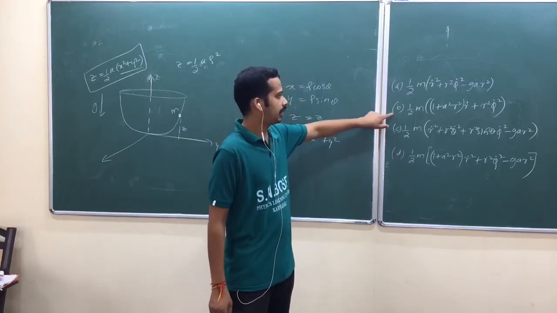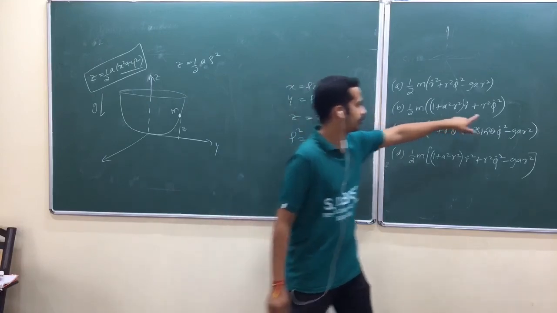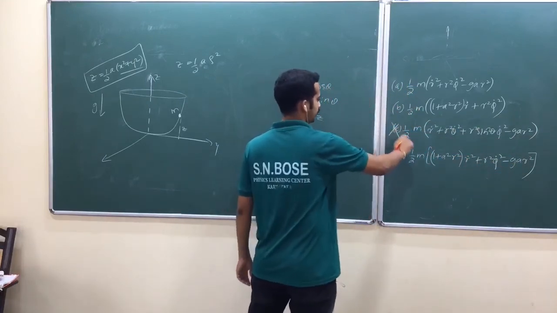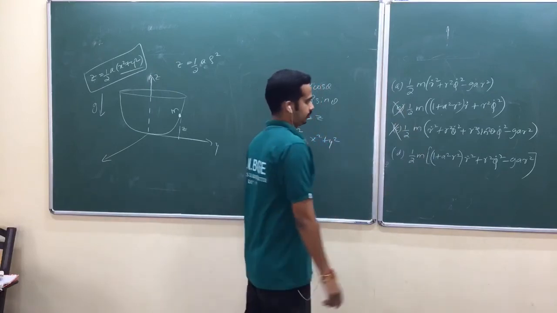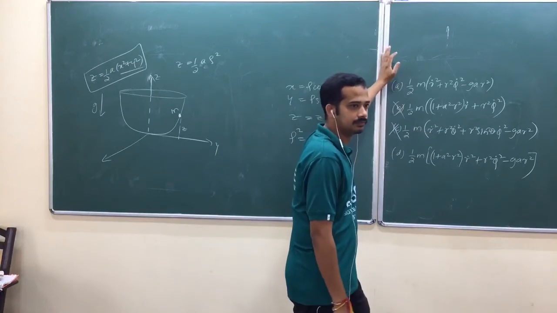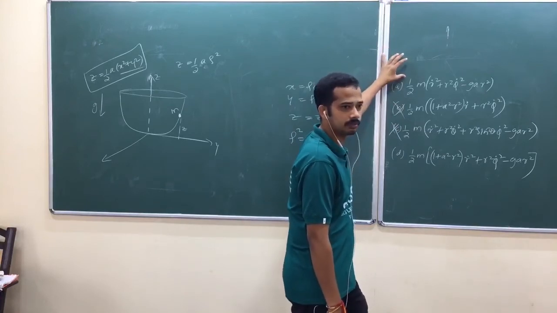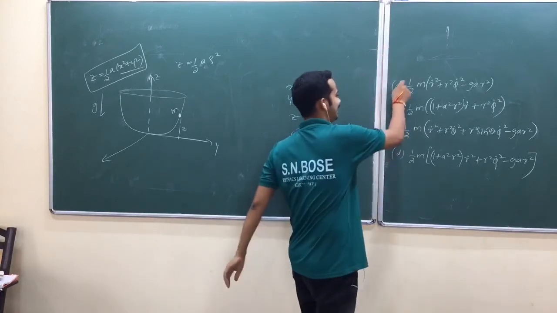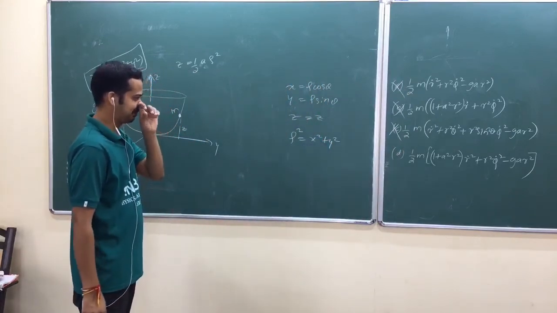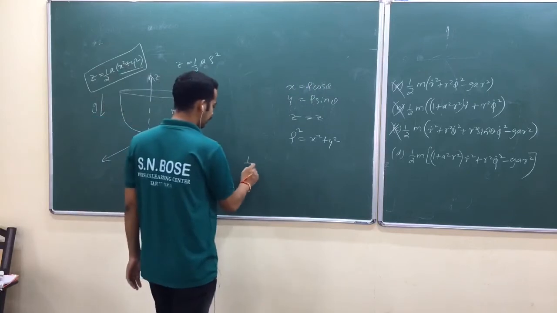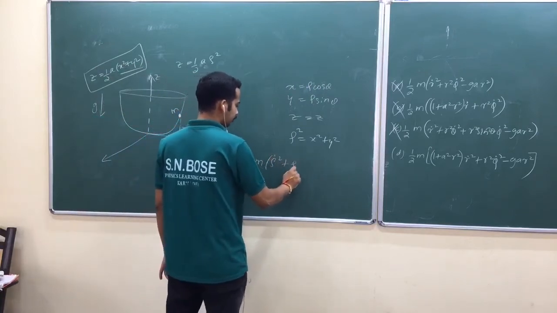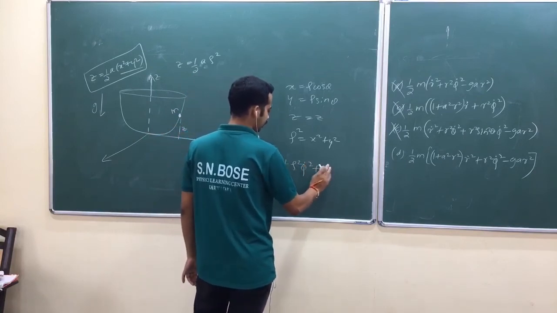Again, this cannot be. Why? You don't have a potential term actually. You can just eliminate either this one or this one. This is a kind of polar coordinate, plane polar. Is that okay? But not like that. You have to first write the kinetic energy, half m rho dot square plus rho square phi dot square plus z dot square.